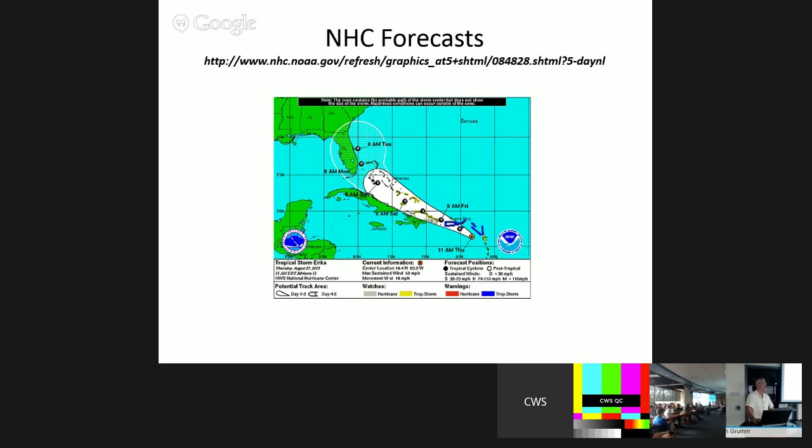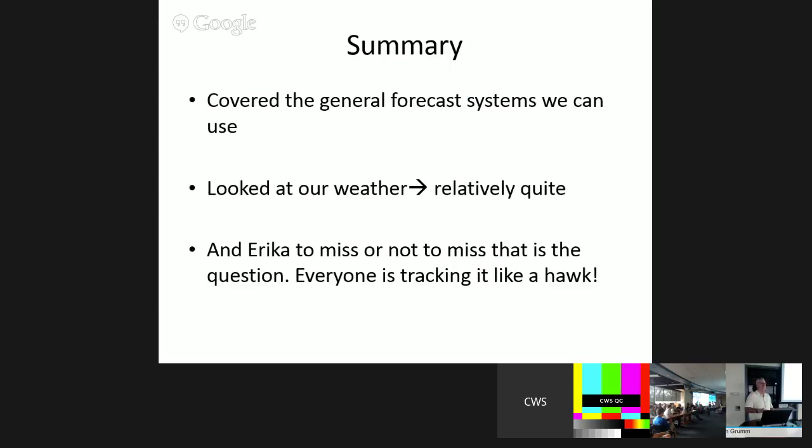And here's the official NHC track that I got before I came here. It's the latest track. If you've read the discussion, they trended their forecast of the system just to the west of all the ensemble guidance, because I guess the incipient cyclone that they found was to the west of where it was initialized in the models. That was their justification. And then the GFS now seems to say, hey, that was a cool idea. Sometimes a blind squirrel finds a nut.